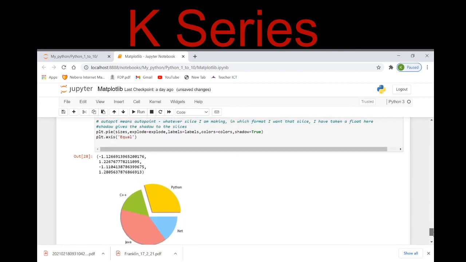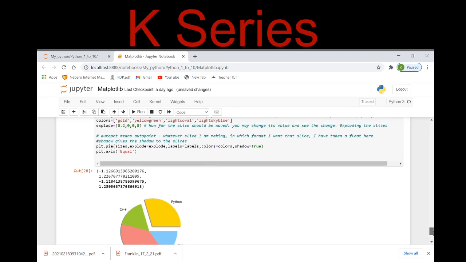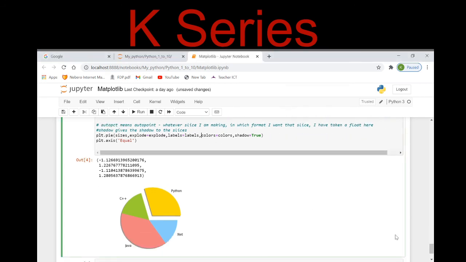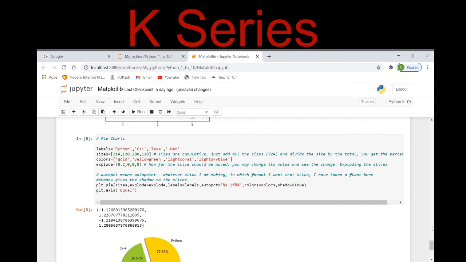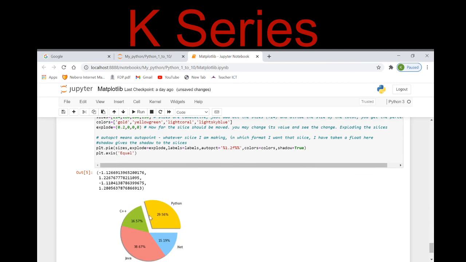And if I give autopct, now again I'm using autopct is equal to, let me give the value which is in float, 1.2f, and now if I execute it, you will find that every slice will be shown its percentile.